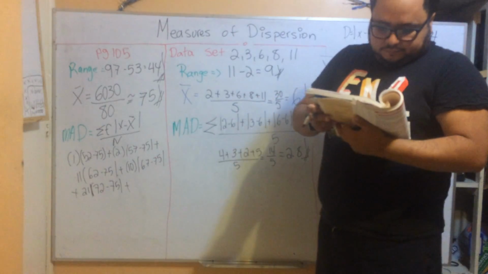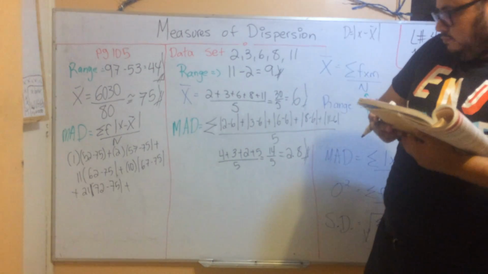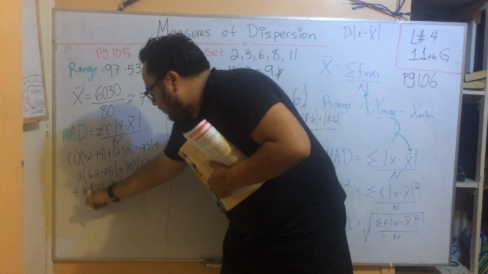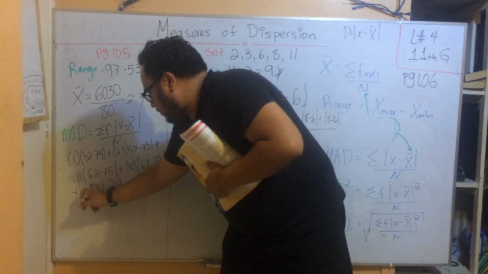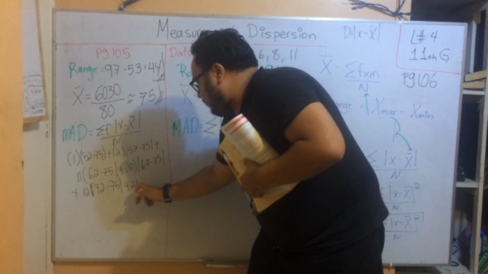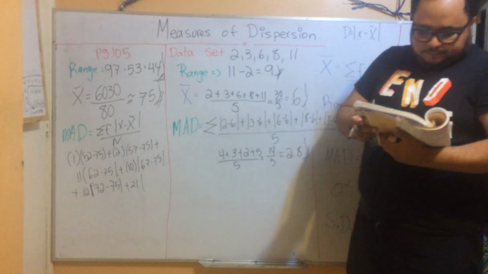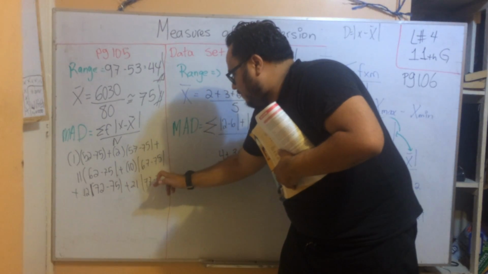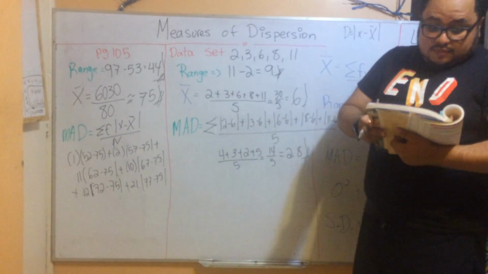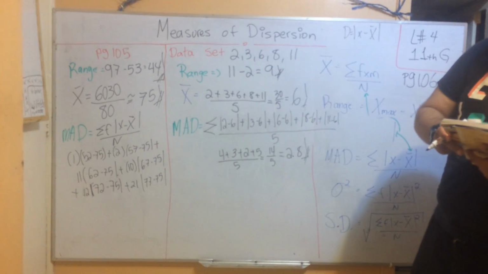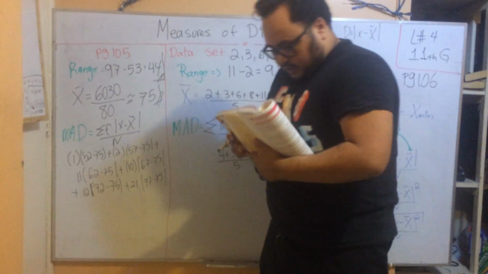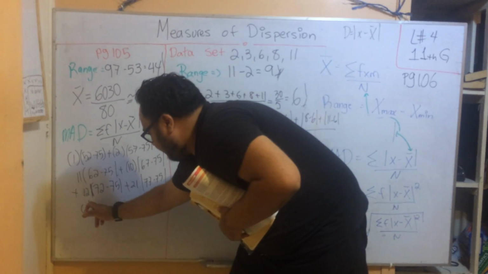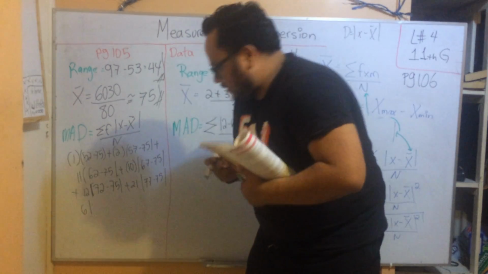plus 12, multiplied by 77 minus 75. Then we add 82, and the frequency is 6. So we have 6 multiplied by 82 minus 75,